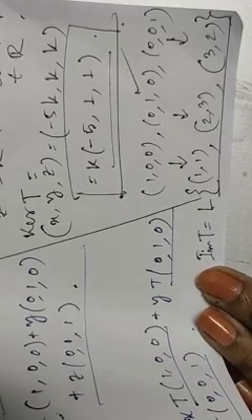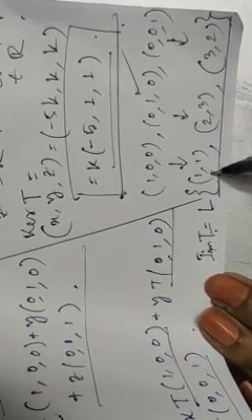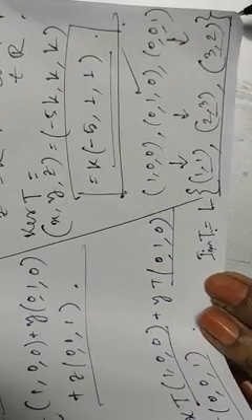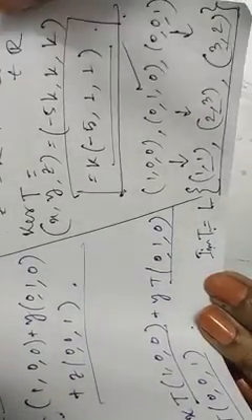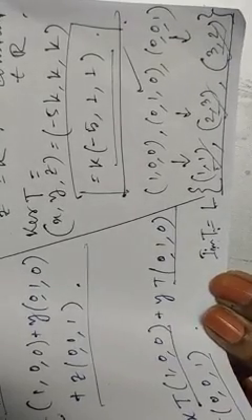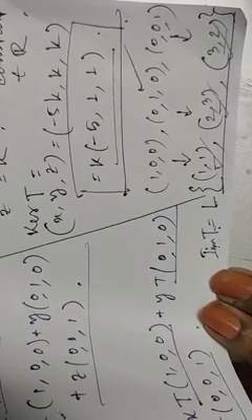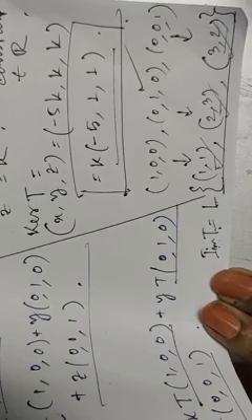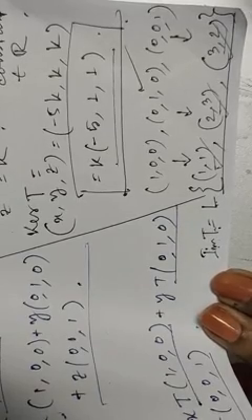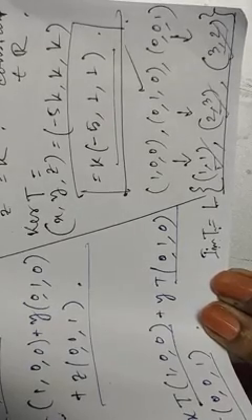So from here we can write down what our image T will be. Image T equals the linear span of (1, 1), (2, 3) and (3, 2). But check, these three elements won't form a basis of image T. Why? Because image T is a subset of R squared, and R squared means dimension 2. That means a basis should contain only 2 elements, but these are 3. Obviously they will form a linearly dependent set.